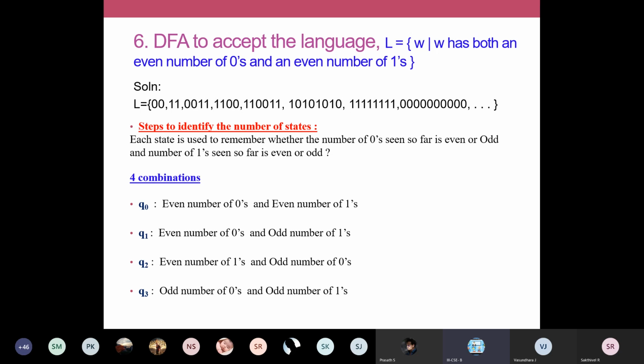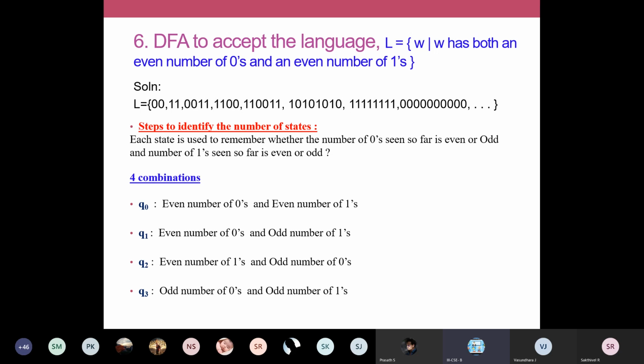Since we are going to construct a DFA, we have to analyze this one also, because we are going to decide the number of states and make the transitions. You are going to tell which is the initial state, which is the accepting state. So my DFA should accept strings like 1, 1 and strings like 0, 0. You must not miss these two terms. Even if there are no ones or no zeros, I should accept. Other strings, I think there won't be any problem.